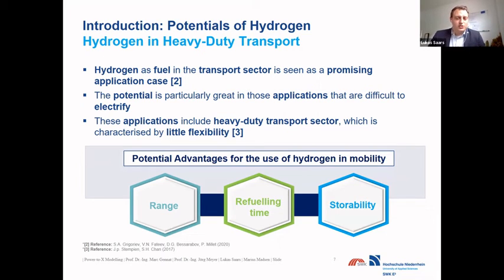And first, range. Potentially, longer ranges can be achieved with the use of hydrogen in the heavy-duty sector. And this at the same time, obviously, is one of the biggest criticisms of electromobility. But at present, the market only offers public buses with longer ranges to a limited extent. Therefore, this advantage still needs to be put into perspective, because often the fuel cell buses have similar ranges as electric buses. So the technological development needs to offer more fuel cell buses with longer ranges than electric buses,